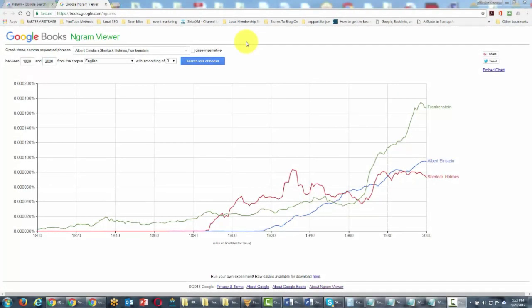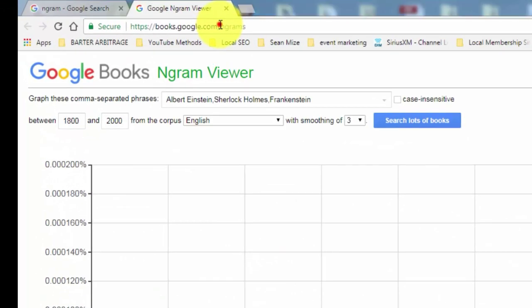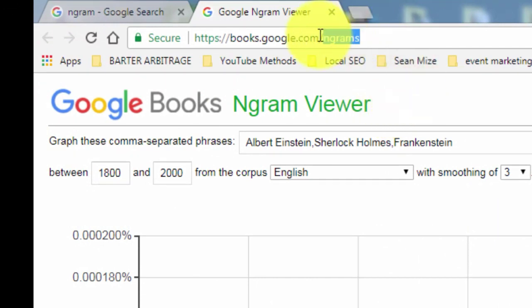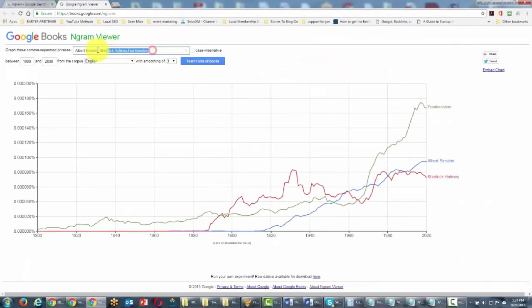Welcome back. You are now looking at Google Books Ngram Viewer. You can visit this site at books.google.com/ngrams. It's spelled a little weird. You'll have to type in the letter N, then GRAMS. And basically what Ngram Viewer does is it calculates the popularity of a term within books from the years